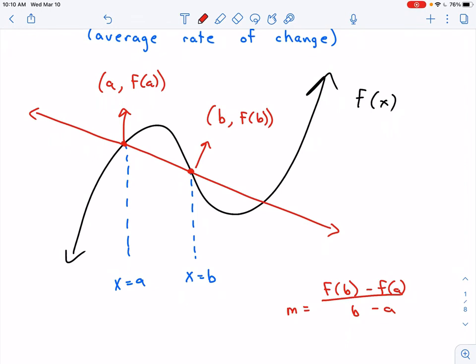In the next video, I'm going to show us how we can take this average rate of change, this slope of the secant line, and combine it with the limits that we've been talking about here in the beginning of Chapter 2 to see if we can come up with an approximation, see if we can build our way towards the slope of the tangent line, because that tells us all sorts of interesting calculus stuff.